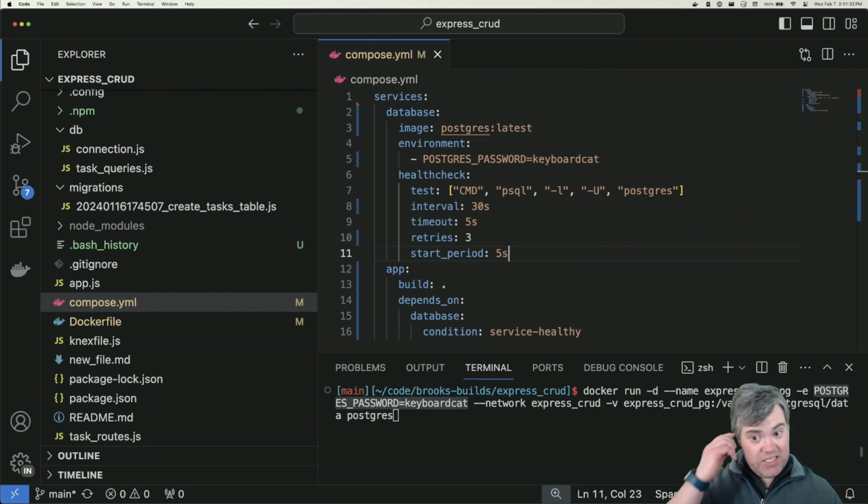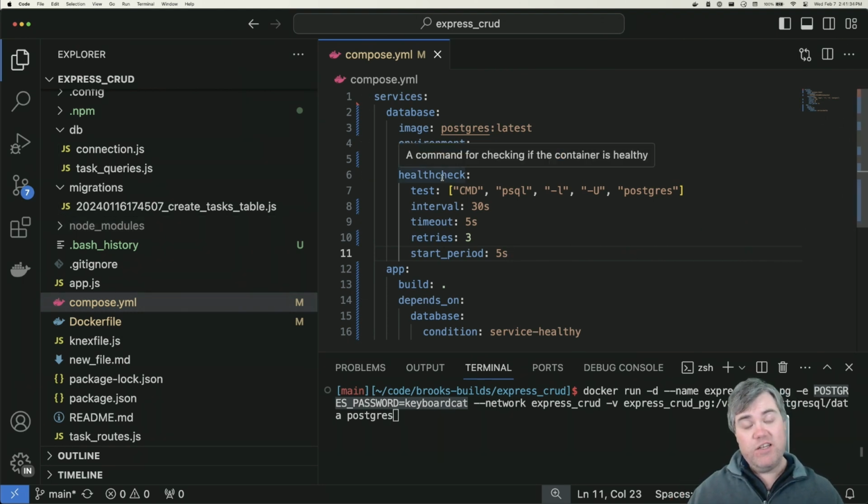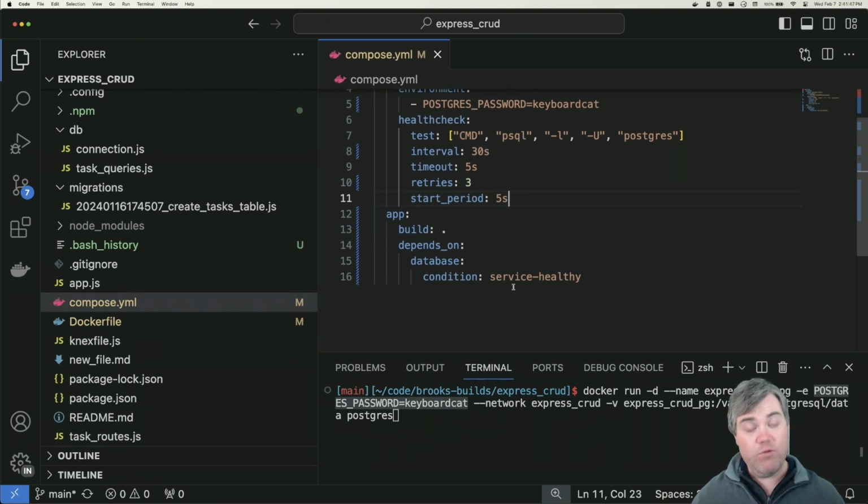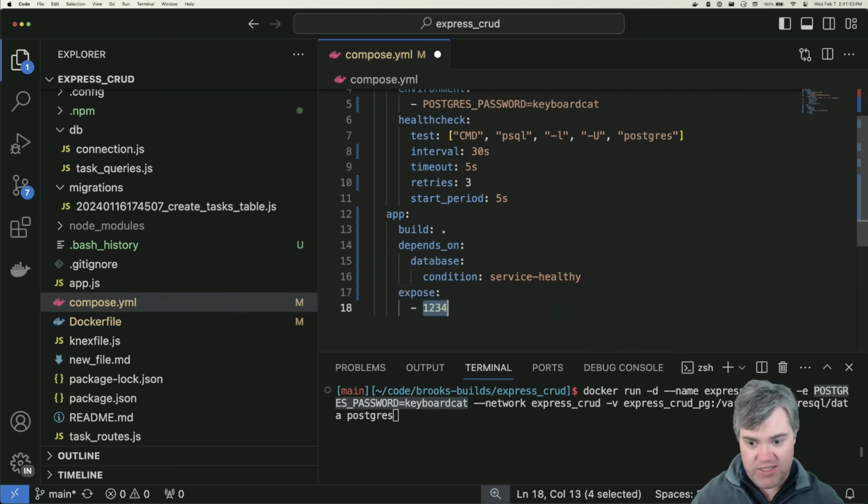Let's see, exposing ports. Now, we don't need to expose any ports for the database service. Those ports are going to be available to the app automatically. They're going to be in the same network and it's just going to work out. The app, however, we do need to expose to our host system. So we want to use expose here, and then we can just do an array of multiple ports, and I want port